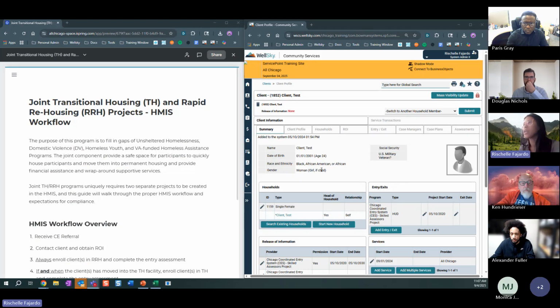To go through the joint TH and rapid rehousing projects in the HMIS, we're just going to go through the workflow. We wanted to take the time to clarify what the requirements are for these projects, as we have not previously. The purpose of this program is to fill in the gaps of unsheltered homelessness, domestic violence, homeless youth, and VA-funded homeless assistance programs, provides a safe space for participants to quickly house participants and move them into permanent